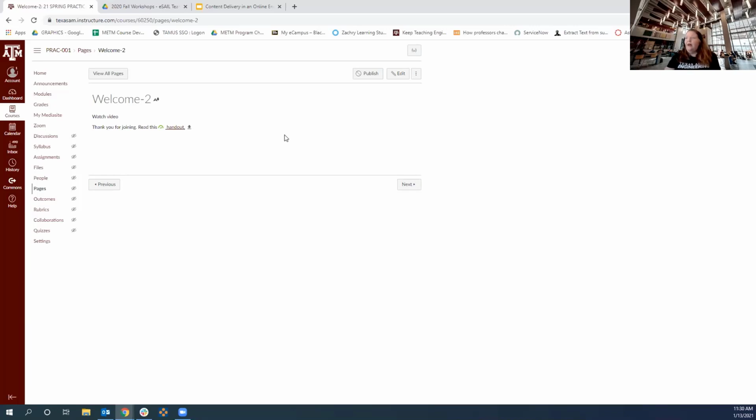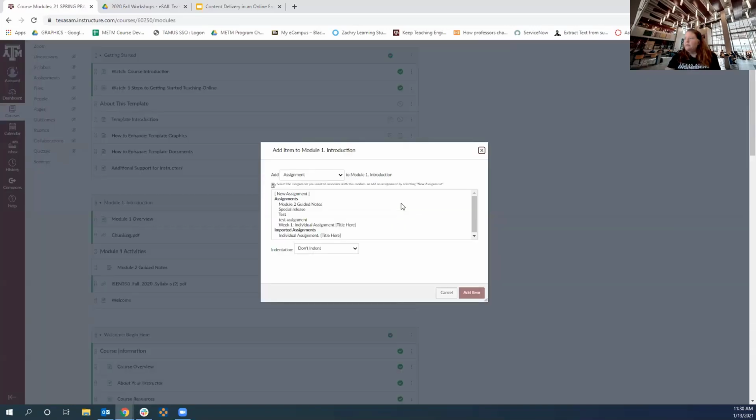Now another option you have for videos, and I'm going to try to quickly go through this so we can get to Sandra's material, but I hit the add button on the module, and then I have this external tool. We talked about that, or external URL.